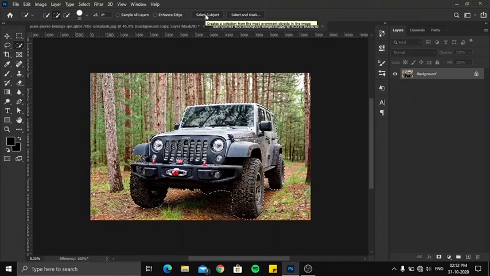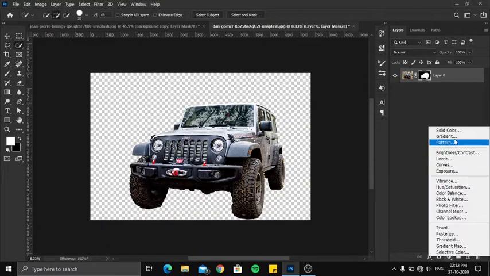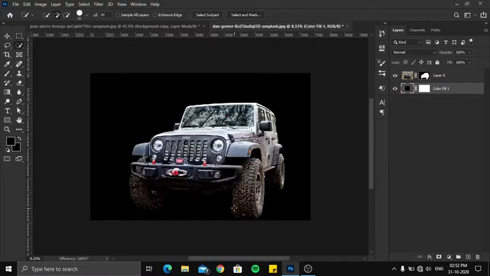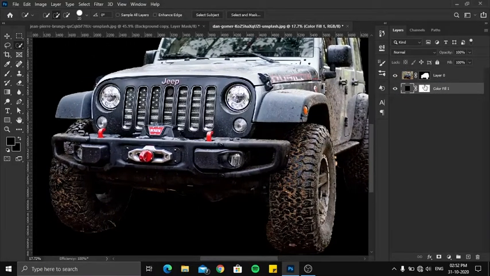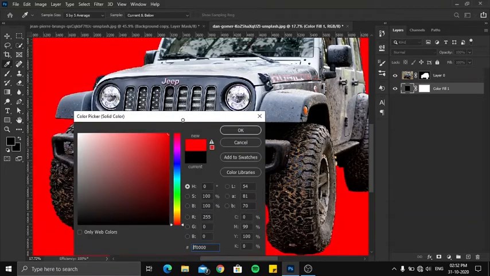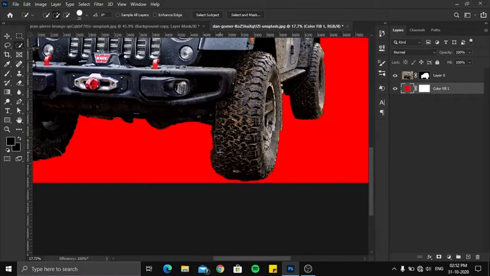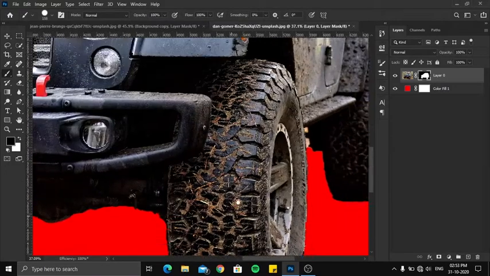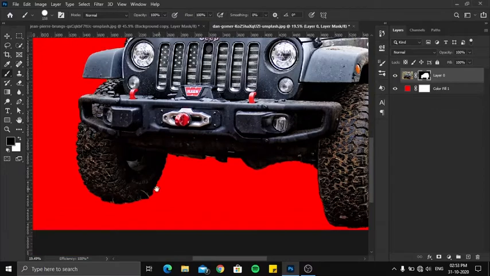It's available in 2019 and further. It has done a pretty good job, and we're gonna go with that. Click on the layer mask, and I'm creating a solid color adjustment layer to see the edges properly, and I should change the color to red to make it look better. Just refining the edges with the brush with the foreground color set to black to hide the edges and white to show up the edges. Make sure the opacity and flow is at 100, and refine the mask.